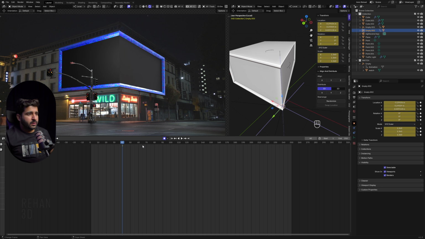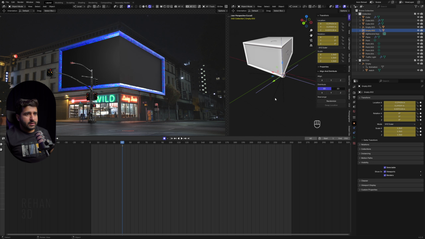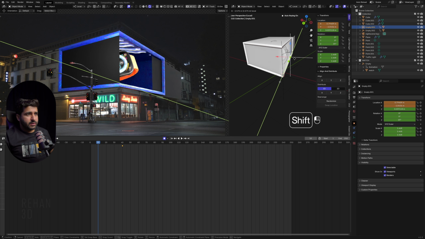Press I. Select both these empties, press I. Okay, and you can see now it's adding the keyframes. Now go on 10, select this and move it here like this,